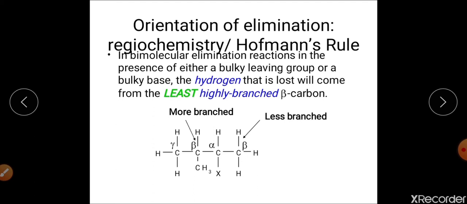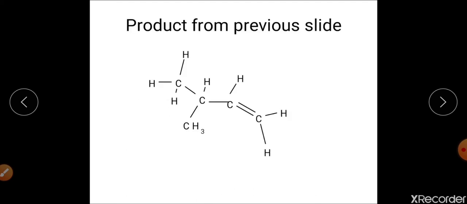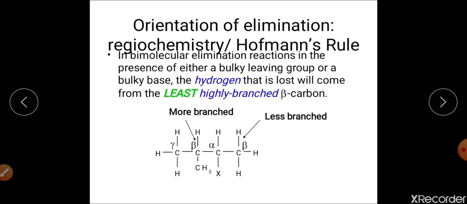Now we were talking about the hindrance at the beta carbon atom, steric hindrance at the beta carbon atom. At that time we can see that when the case is there, it will attack at this particular position. For example, this is a case when we talk about this particular reaction. At that time we can see that this is the beta carbon and this is again the beta carbon. When the base is going to attack at these beta carbons, we can see that here you are having steric hindrance, because this is a bulky group, a CH3 group is present, and this is again a CH3 group at this particular beta carbon atom.